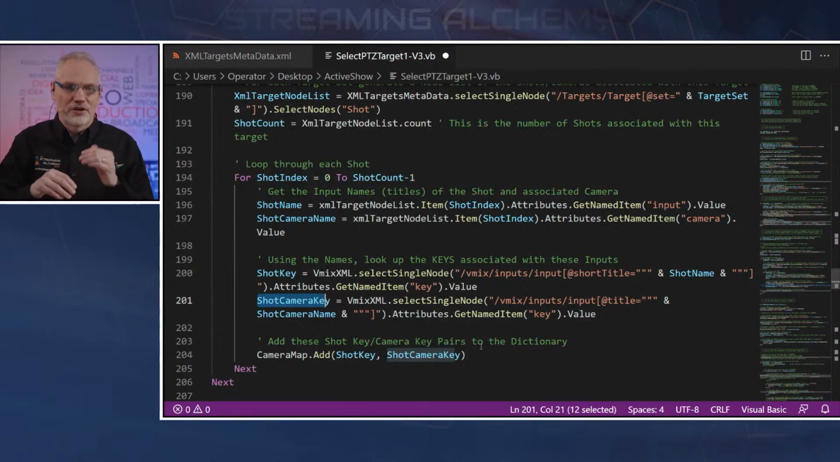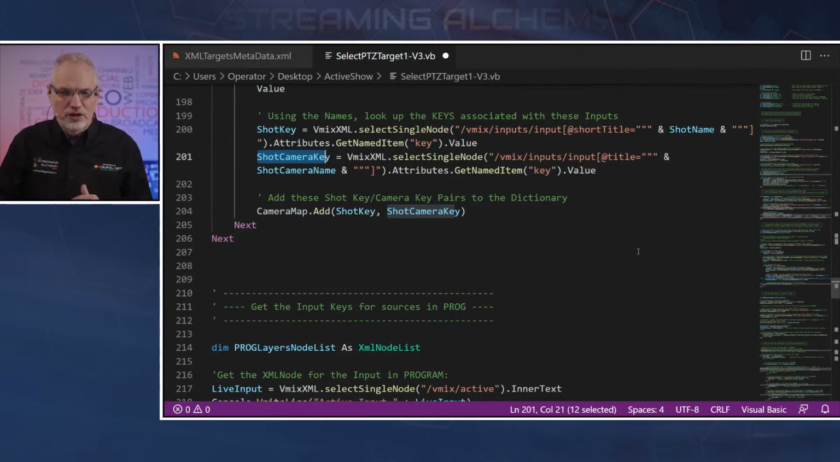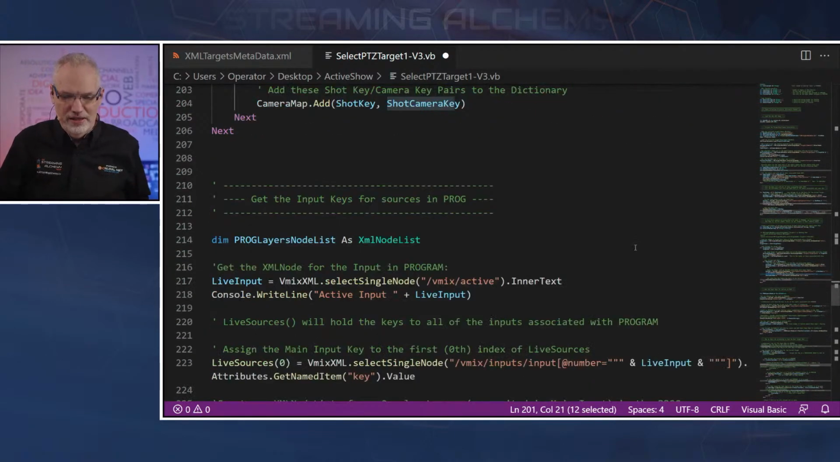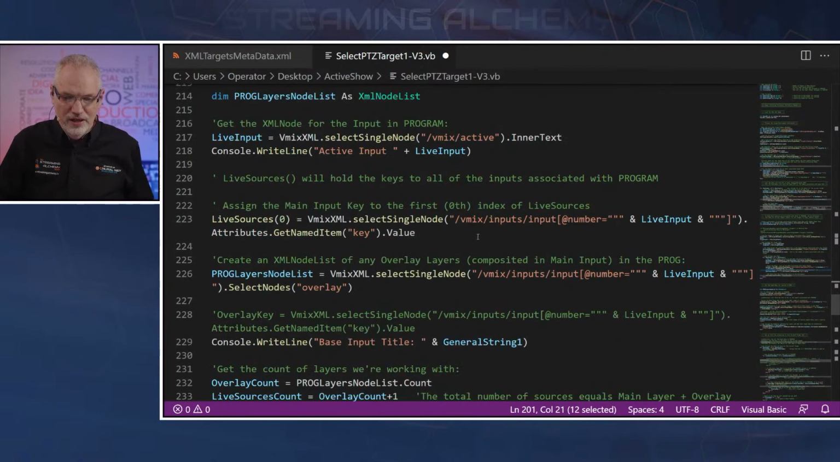We built this dictionary with the keys for each shot and the camera associated with it. And that's all that this code up here has been doing. Now we're going to dive in and look at the specific keys that are inside a program. So we pull in what input is active, and that's where we get this in here. And I actually wrote that out as a test here. But then based on this,